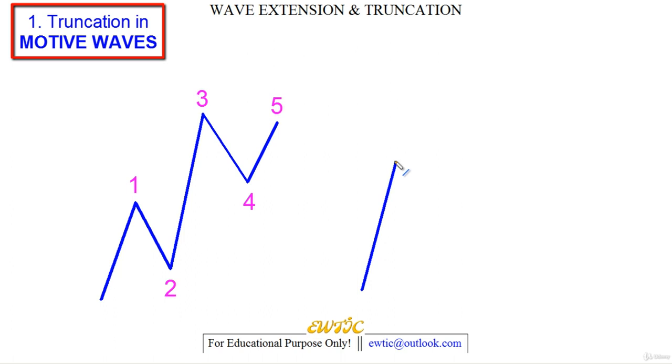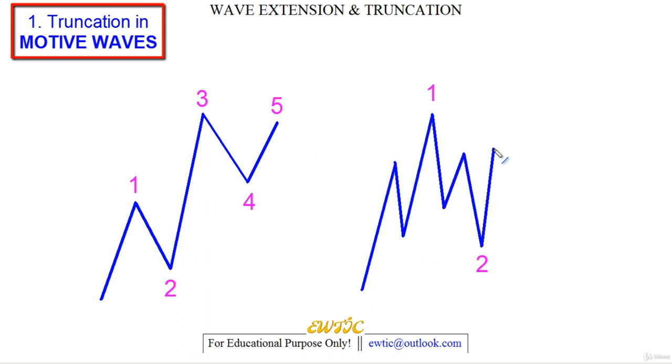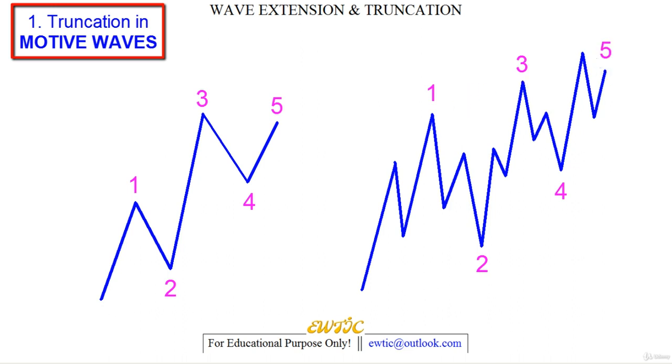But what may happen in a diagonal is you see this ABC for wave 1, ABC down for wave 2, ABC up for wave 3, right? Then ABC down for wave 4. This wave 4 must end in the price territory of wave 1, right? And then what you may see is A, B, and C for wave 5, right? This is a contracting diagonal of 3 3 3 3 3 variety, but